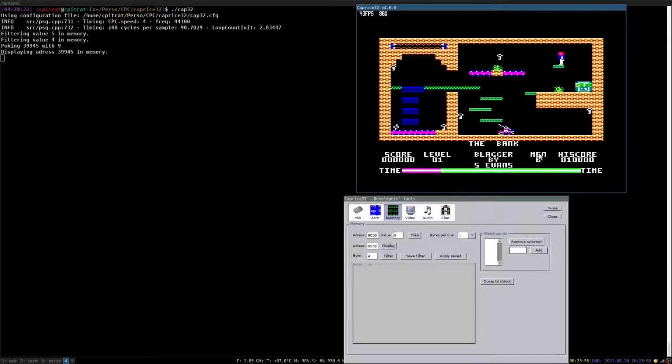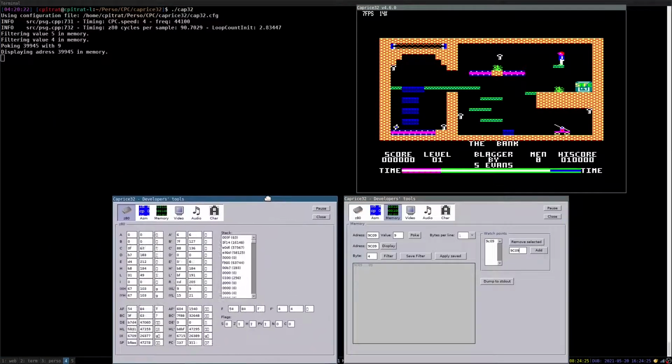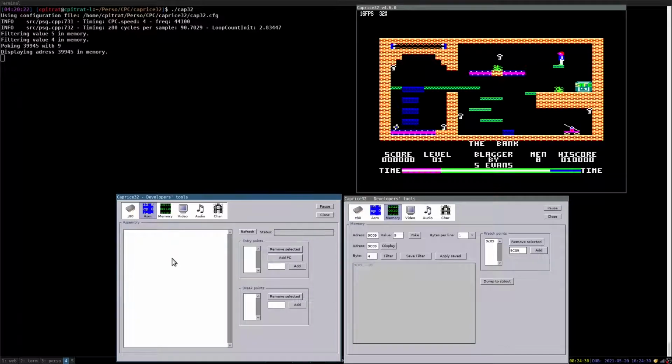And here I can see that I have now 8 lives, which is good because I put 9 lives, I died, so now I have 8 lives. So my modification to 9C09 was effective to gain more lives. But now what I would like is to prevent the lives from being decremented. So what I will do is that I will add a watchpoint at address 9C09. The watchpoint means pause the execution whenever this address is read or written. Let's start a new window, a new developer tools with Shift F2 to see the assembly view.